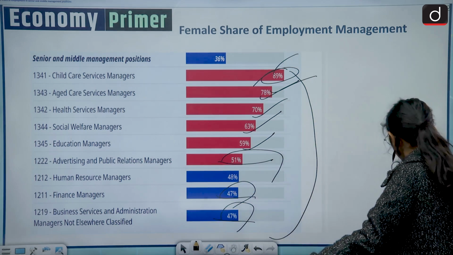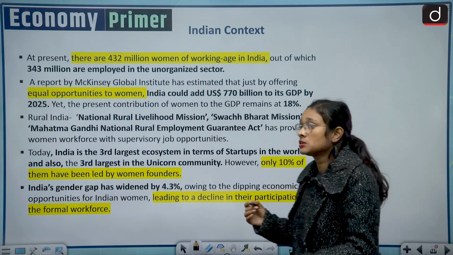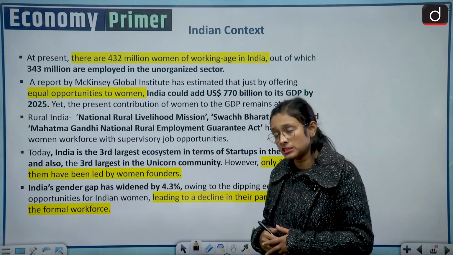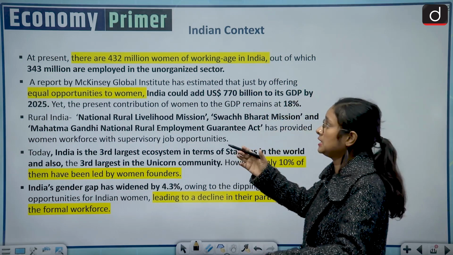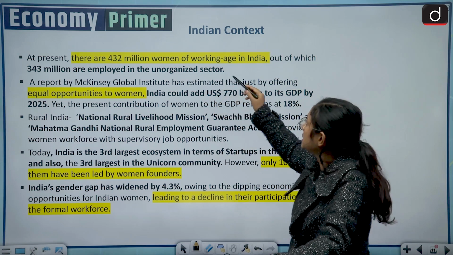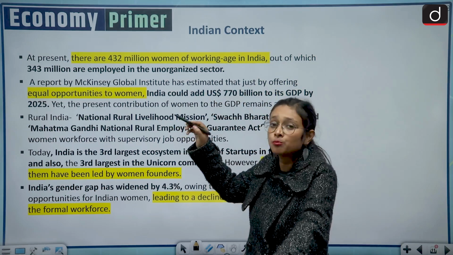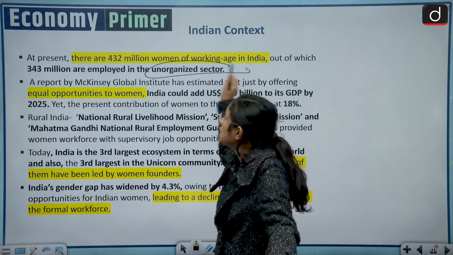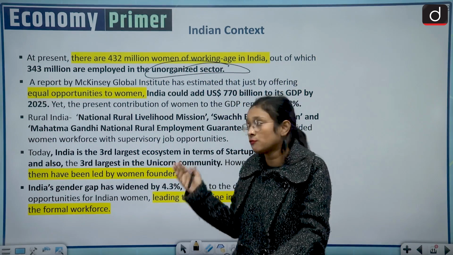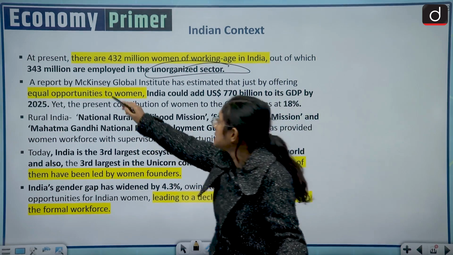Moving on. In the Indian context, we will study women's contribution in India's workforce. At present, there are 432 million women of working age in India, and among them 343 million are employed in the unorganized sector. Most of the women in India are working in unorganized sectors, and according to a report by McKinsey Global Institute,